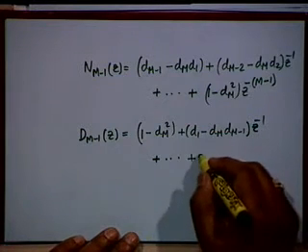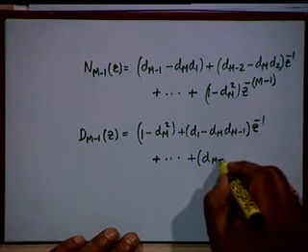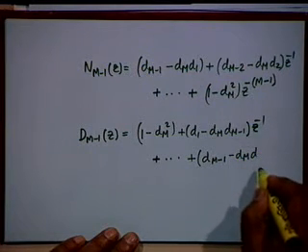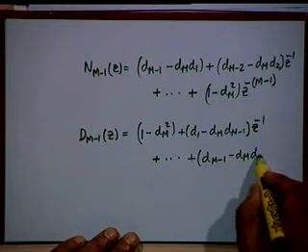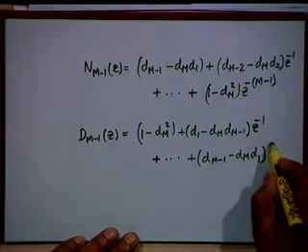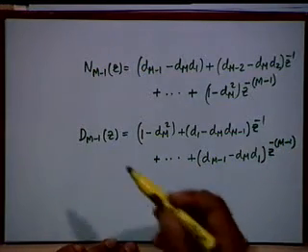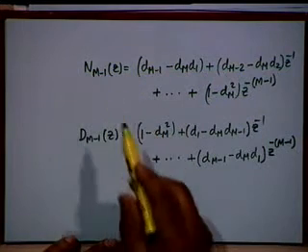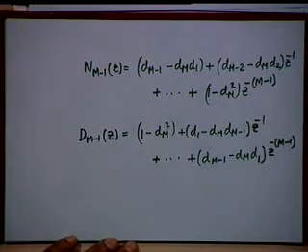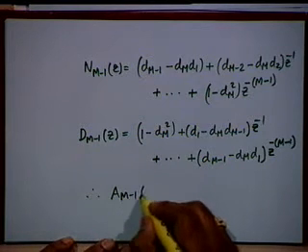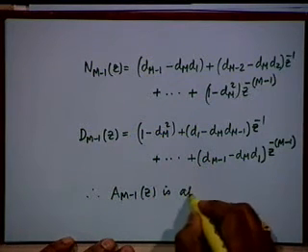This will cancel. So, I shall get d_{m-1} minus d_m d_1 multiplied by z to the power minus (m minus 1). And you see, if this polynomial is put over this polynomial, we get an all pass function. Isn't that right? Therefore, A_{m-1}(z) is all pass,